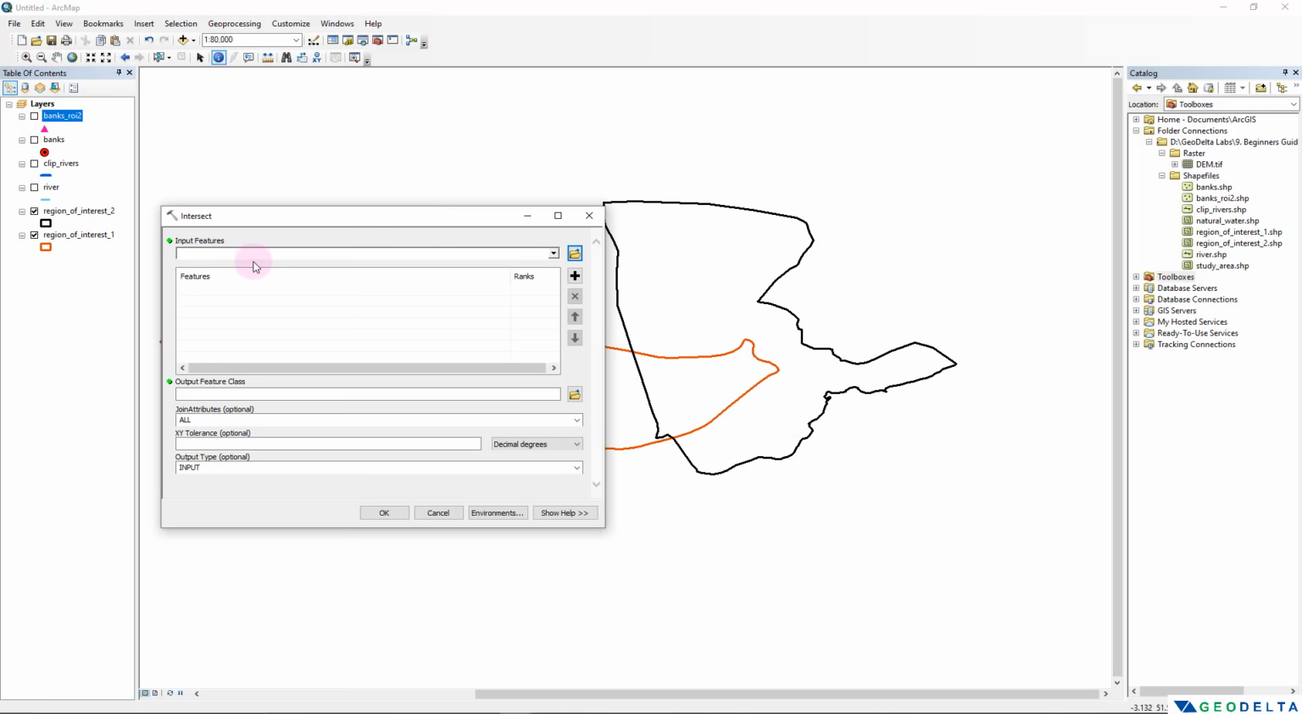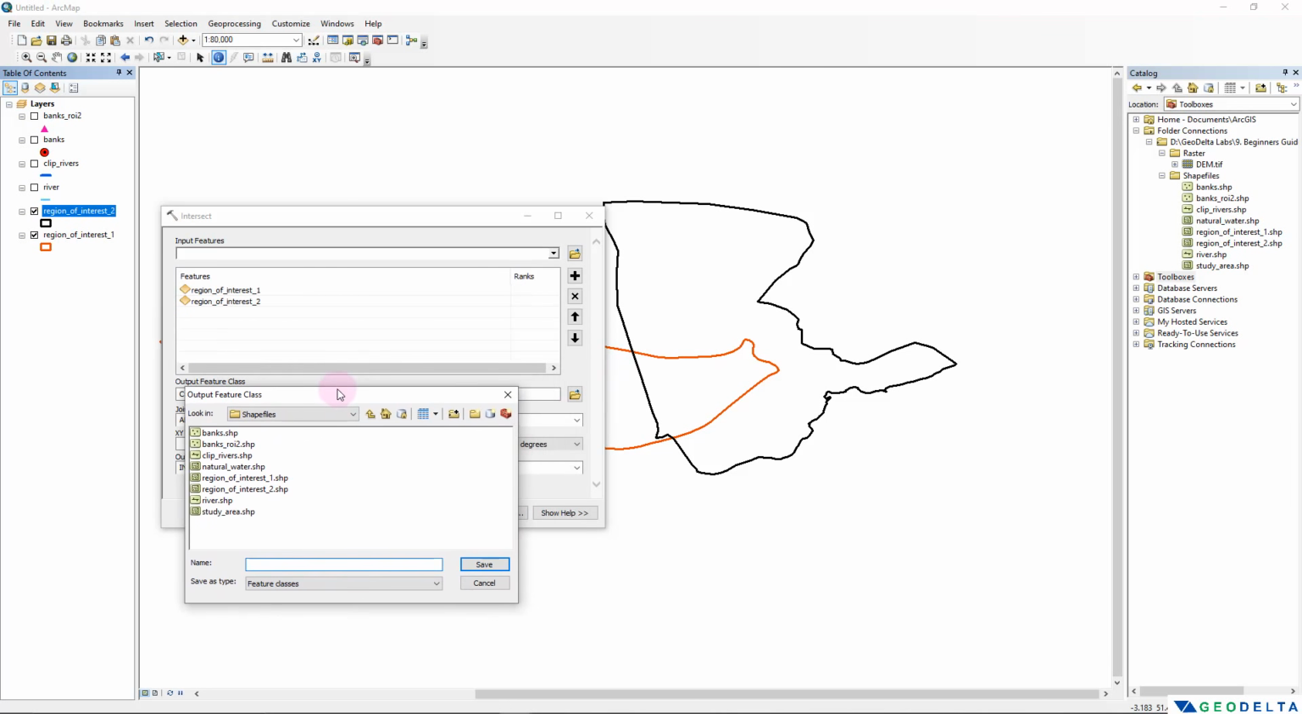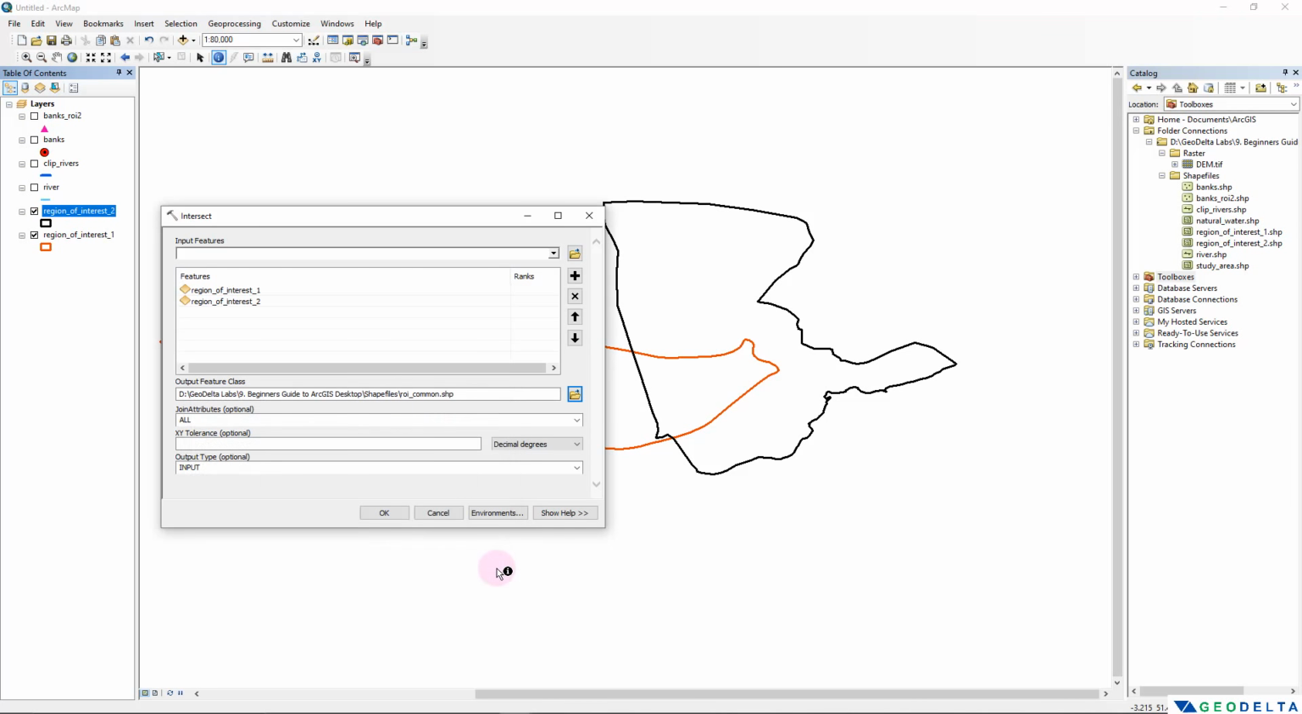And after that, I will specify my input features. Now over here, for the intersection to happen, I have two input features, of which the first is the region of interest 1, and then I also have the region of interest 2. So these are the two layers which will get blended together, and it'll extract only the spatial areas which are actually common to both of these different layers. And again, I'm going to specify the output to be region of interest common like this, and I will save that,